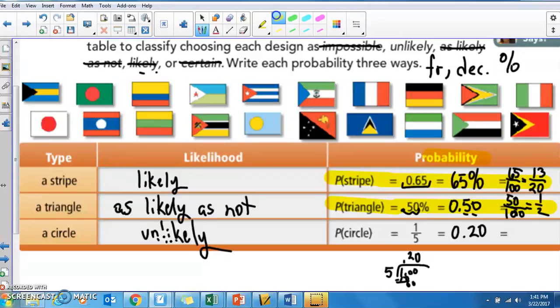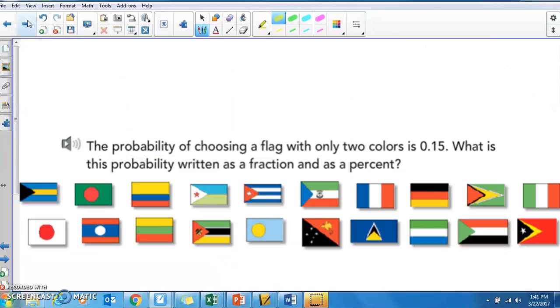So as a decimal, it would be 0.20. And as a percent, just move it 2 places to the right, which gives you 20%. So this last one here, 1/5 as a decimal is 0.20, or 20 hundredths. And as a percent, move it 2 places to the right, and we get 20%. All right, so that kind of takes us now to where we need to